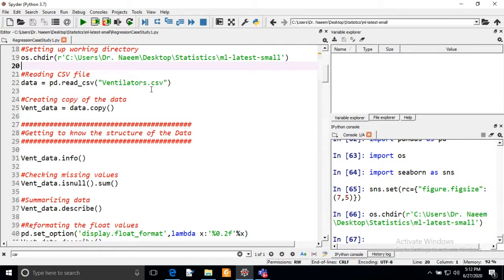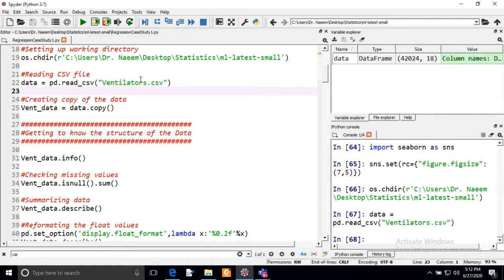Now we have to read the data into our programming platform, into Spyder. I am using data is equal to pd.read_csv, and the name of the file is ventilators.csv. Here I'm not using index_col equal to 0, because I want to add one more column of index.